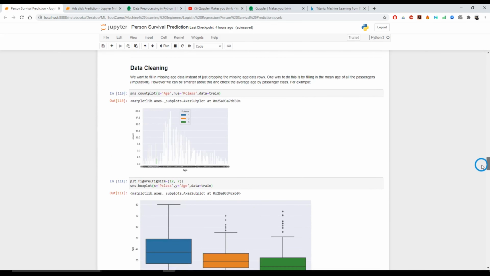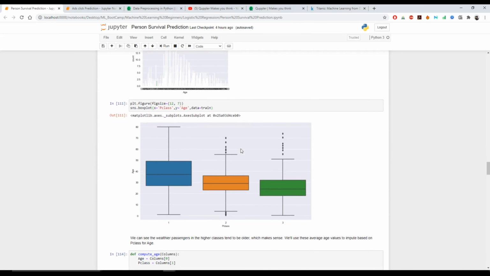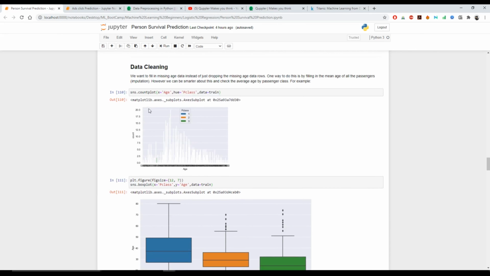In this data cleaning, first, if we generate a count plot from seaborn, we will be able to visualize it, but not in a good manner.